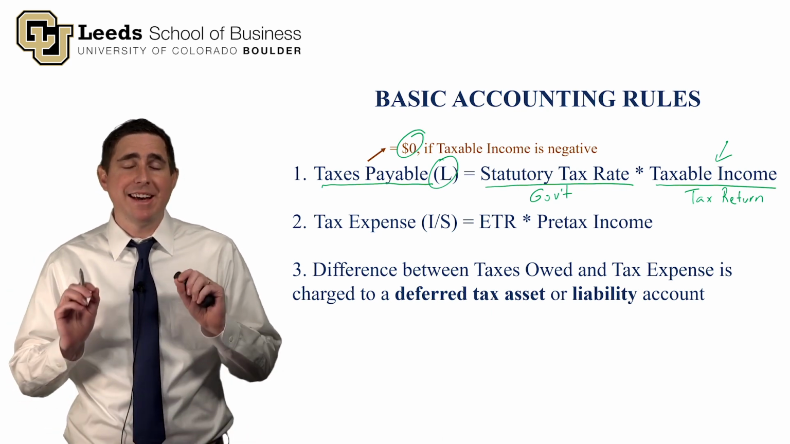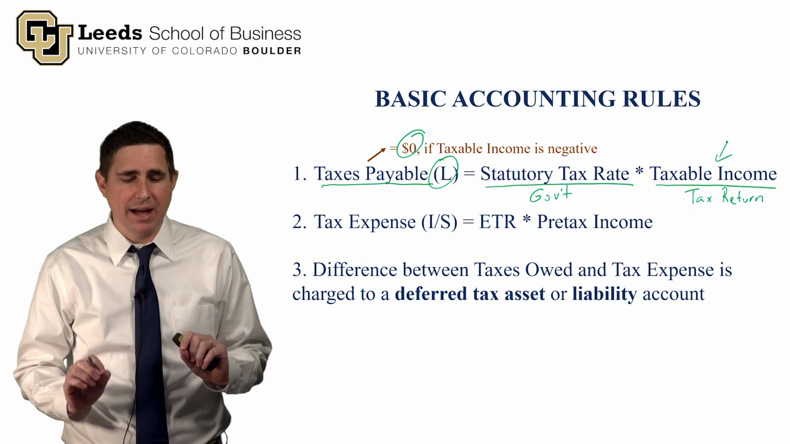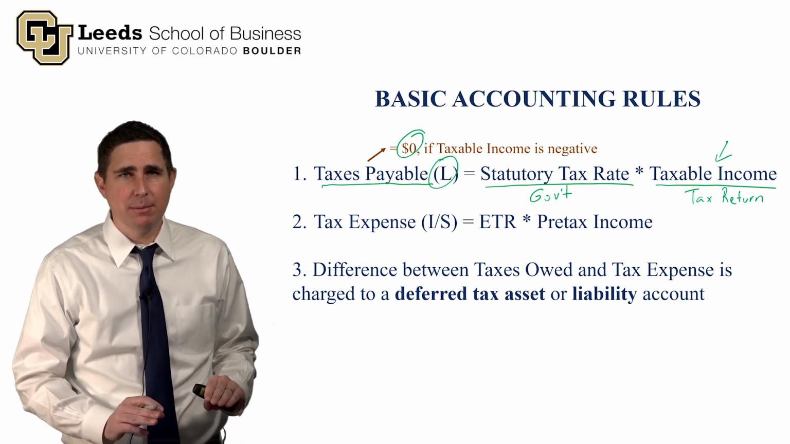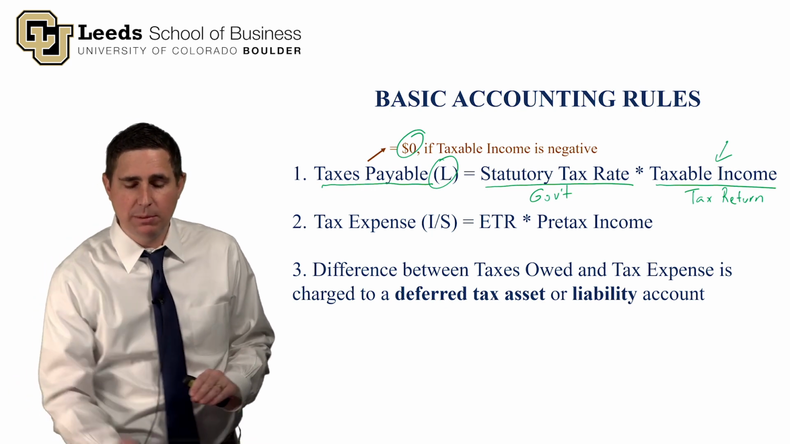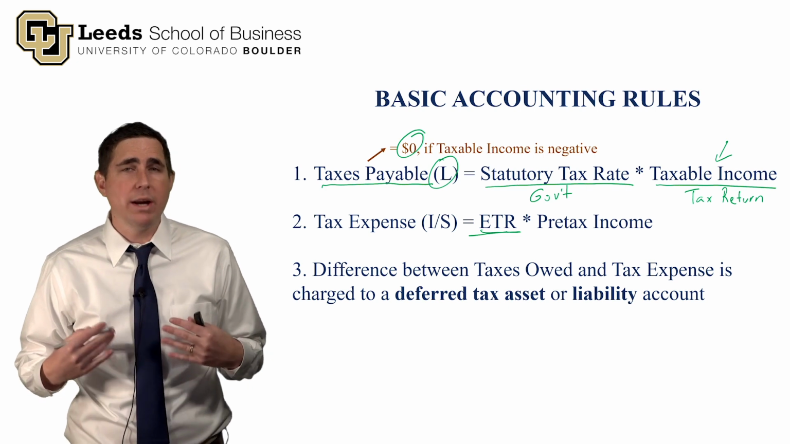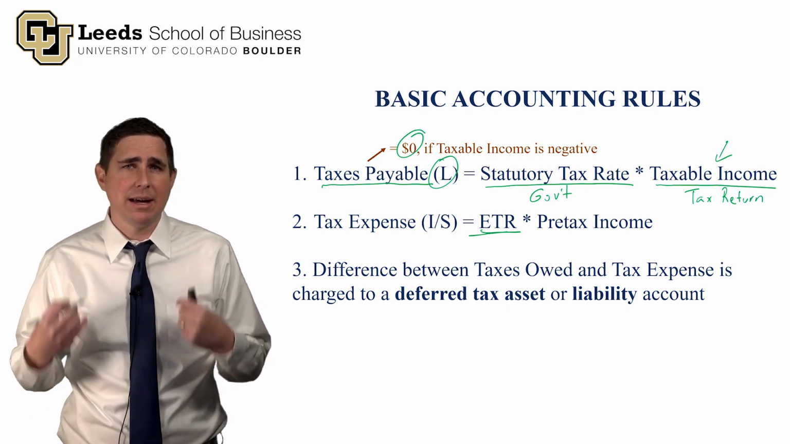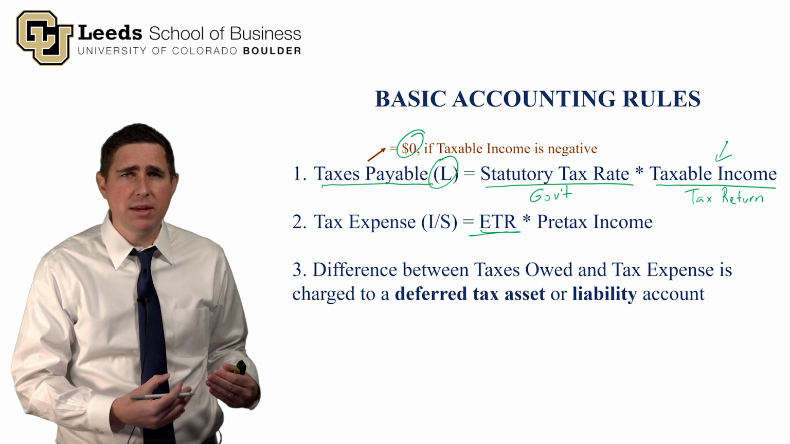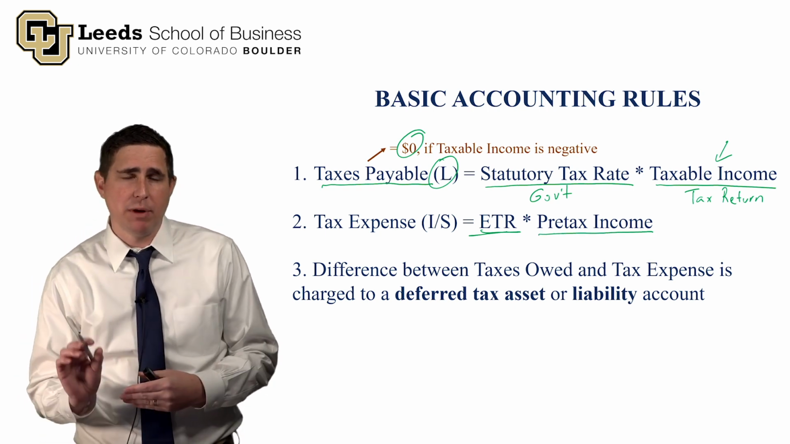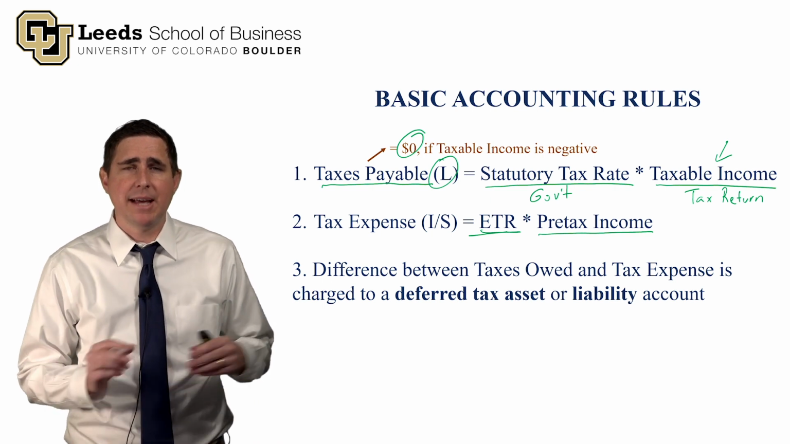Step 2 is that the accounting department, so that's what we're learning in this class, comes up with what we should have as tax expense on our income statement. And tax expense is going to be equal to the effective tax rate. So the accounting department figures out what our effective tax rate is. That's a calculation process that goes on within the accounting department. Then they'll multiply it by pre-tax income, which is right there on the income statement,